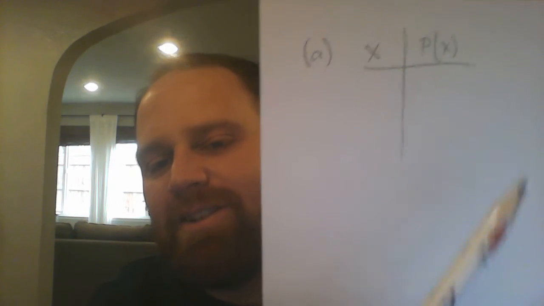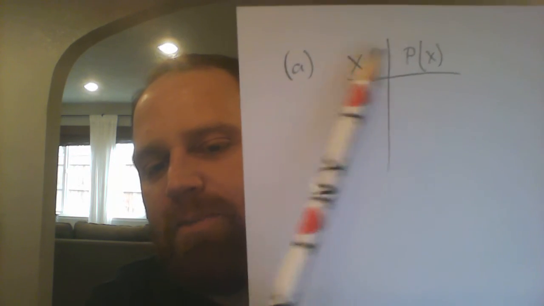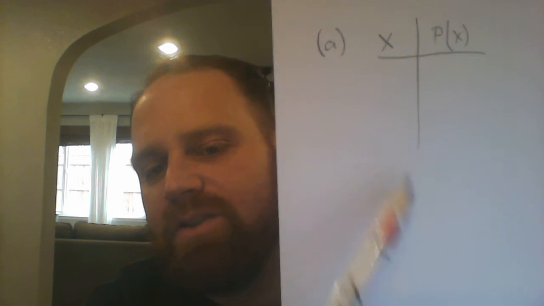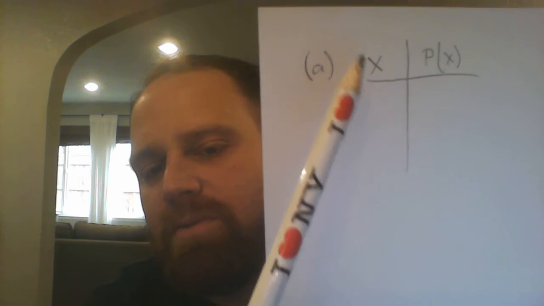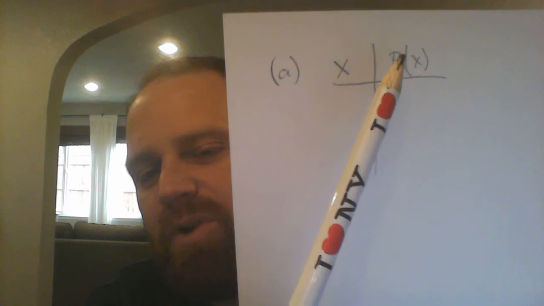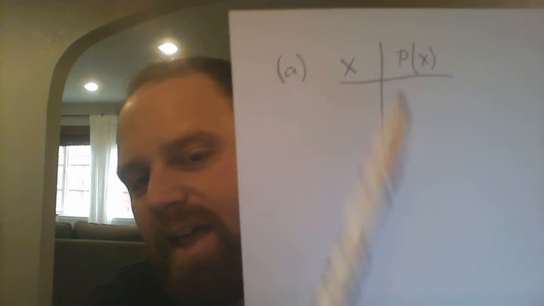But you know, it wants you to do x and then the probability of x, right? So it wants you to list off all of the possible values of x together with the probability that x takes on that value. Since you know that it's a binomial distribution, you can use the binomial calculator in StatCrunch to compute those probabilities. If you prefer to do the work by hand, which is fine,